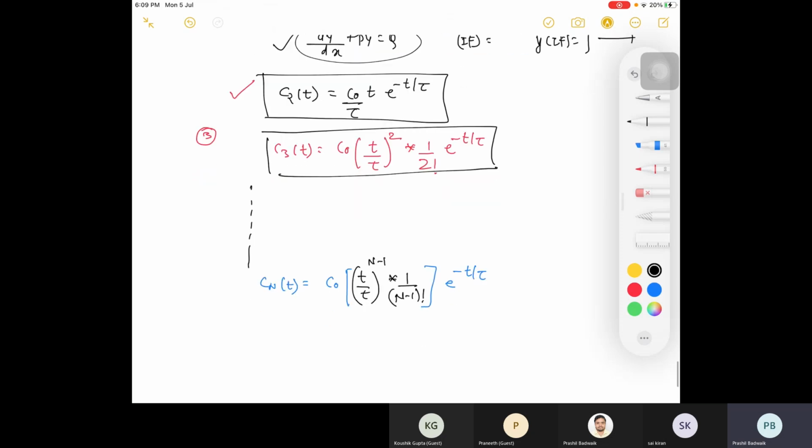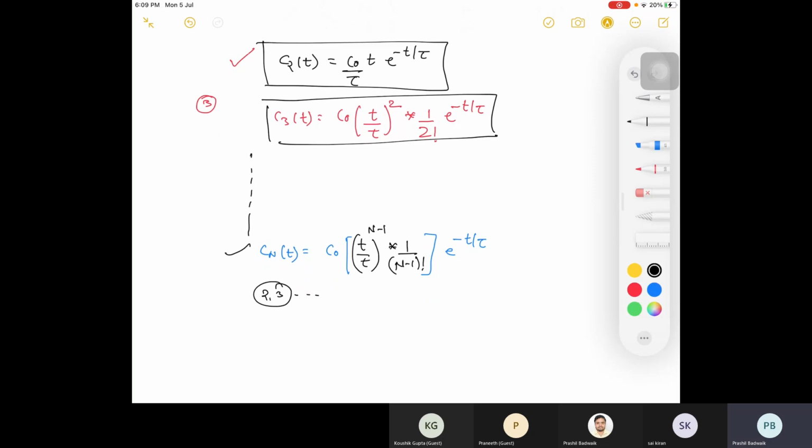Now if you substitute n equal to 2, n equal to 3, you will get the value for each individual reactor. What is the concentration at the exit of each reactor? So this is your final equation, the concentration at the exit of the nth reactor. Are you guys clear up to this?